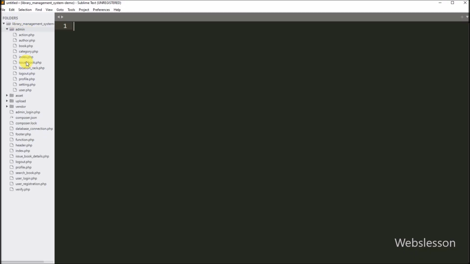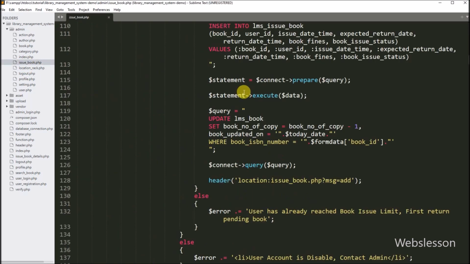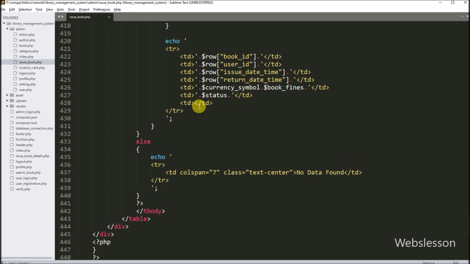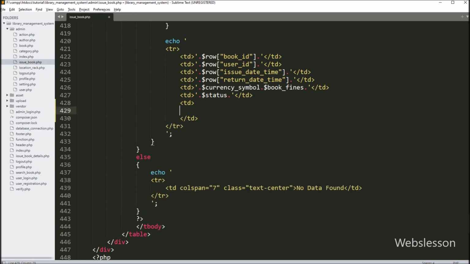Now for display single issue book details on the web page, we have to go to issuebook.php file. And under this, we want to make button for view single book data on the web page. So for this, here we have to write HTML anchor tag with href attribute is equal to issuebook.php file with question mark, and after this, we have to write action variable is equal to add.